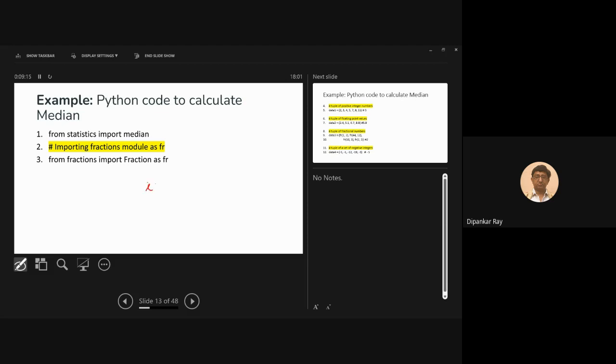I can write import statistics. But in this case, what will happen? It will load the statistics module containing 100 methods of statistics. So it will load all 100 methods into the computer memory. But here I am using only the median function of statistics, so that's why I have written